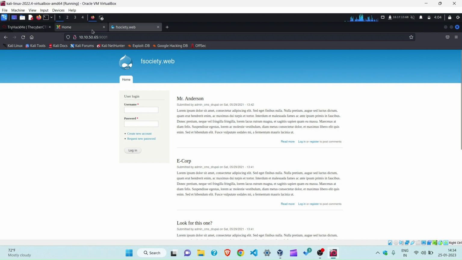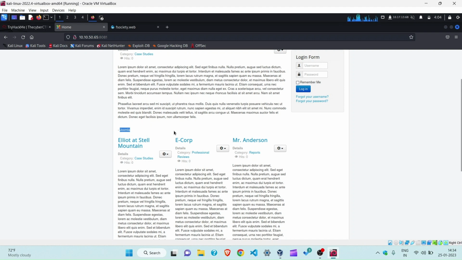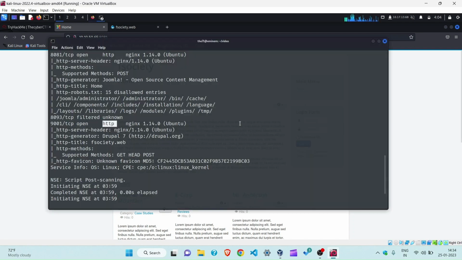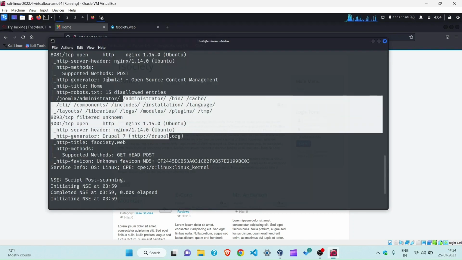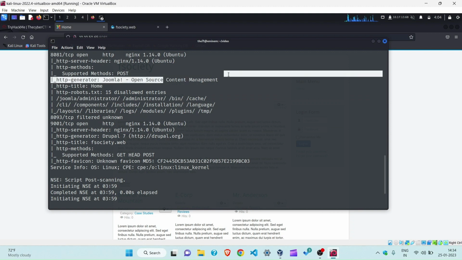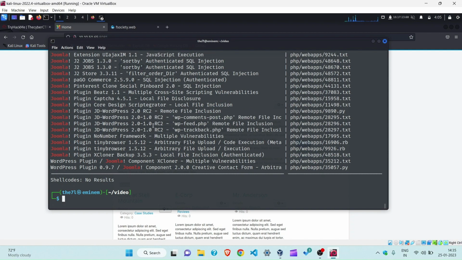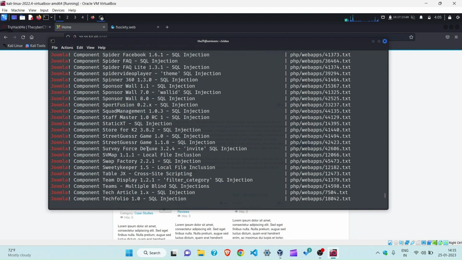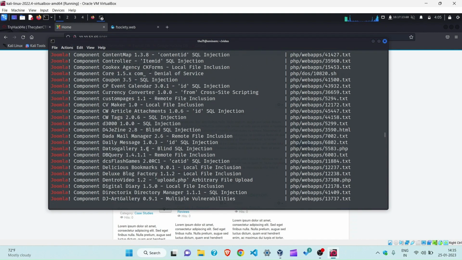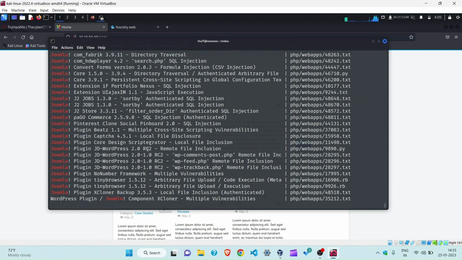So one thing is that they are using the Joomla content management system. Let's search for any exploits that we have for Joomla. So we use exploit Joomla. If we search for these things, we can get a lot, but mostly